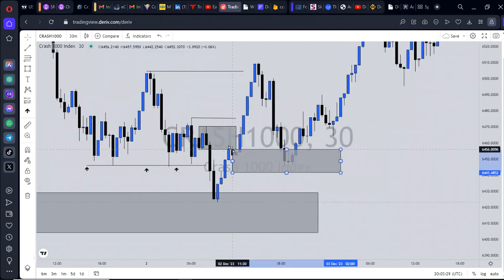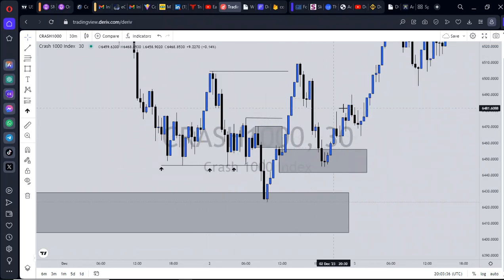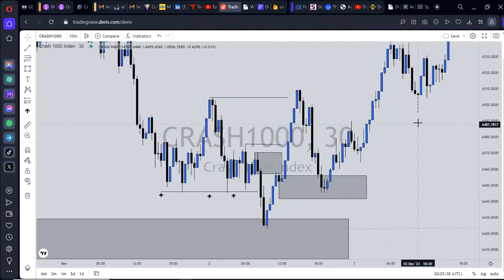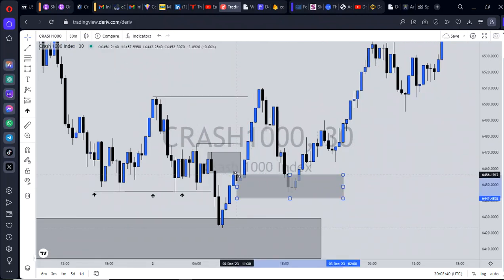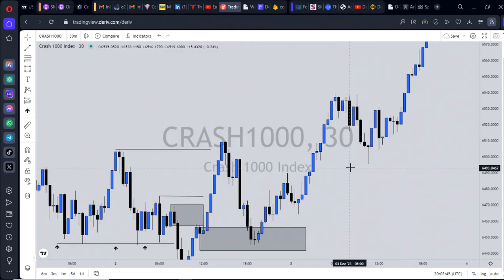So this right here, for those that trade supply and demand, is referred to as a supply to demand flip. So we have a confirmation entry right here. You can put your order right here, your stop loss below right here, and you have your entry, and you